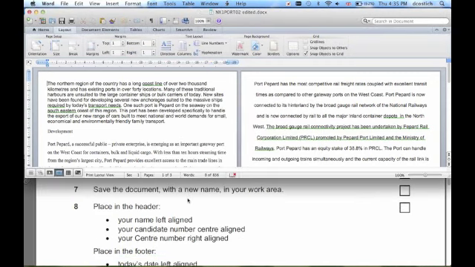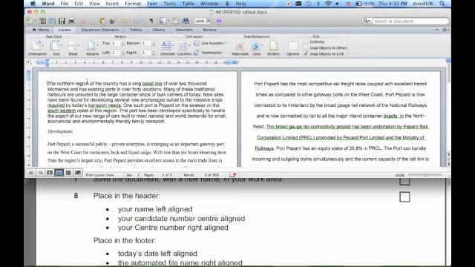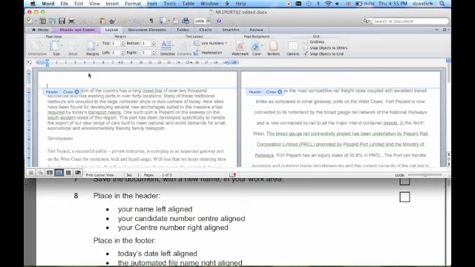Now I need to edit the header to put some information in. So I can double click at the top of the document, and in the header I need my name. In this, on the left, press Tab to get to the center, except that's not at the center anymore because I changed the margin, so I can move the tab to where it looks like the center, enter my center number,